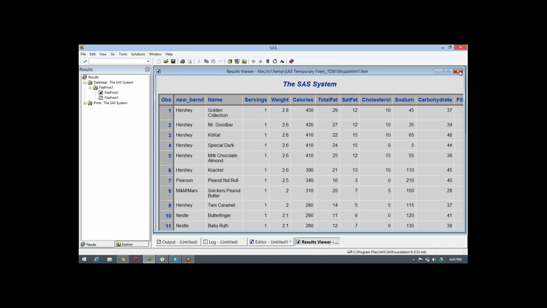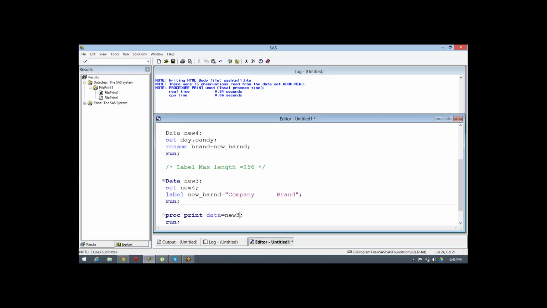But in proc print, if you want the permanent label to be displayed, we can also create labels in proc print. But whenever you create a label in proc print, that will be temporary, not permanent, because whatever we create through data sets is permanent.